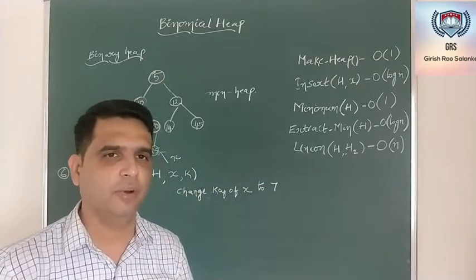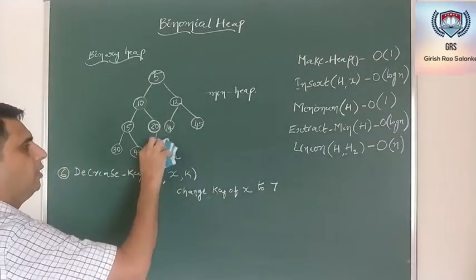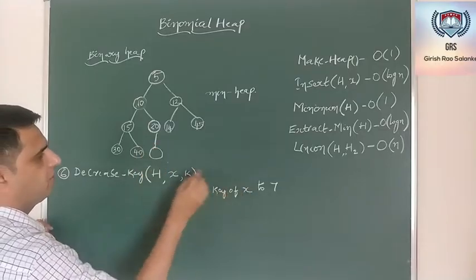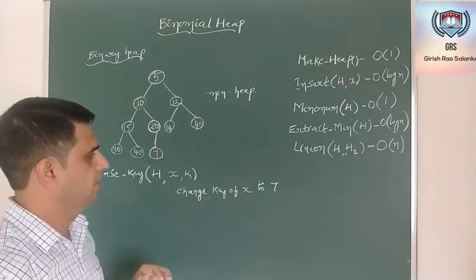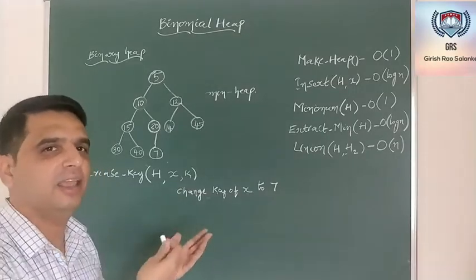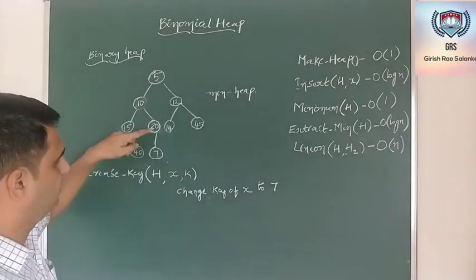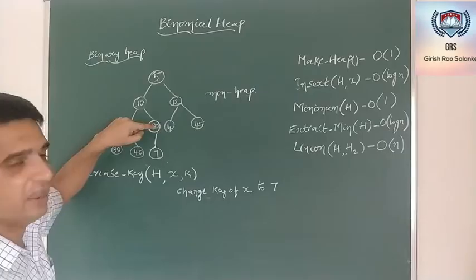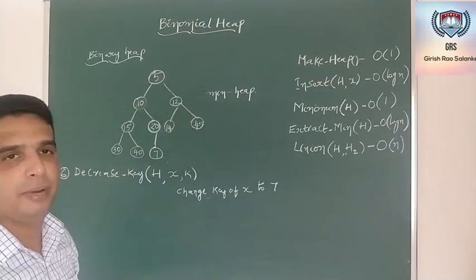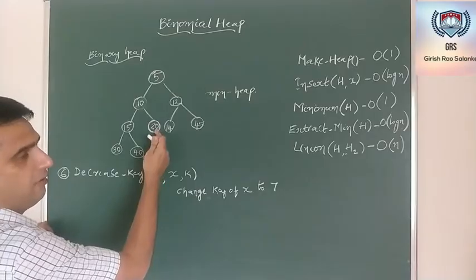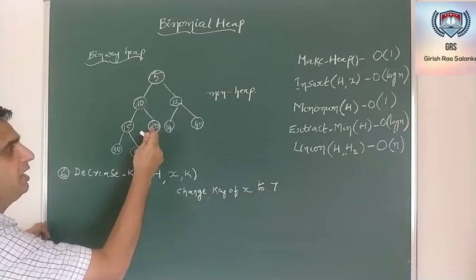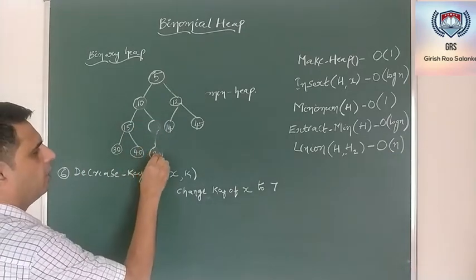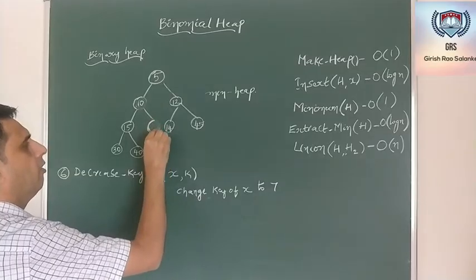Now, how much time does it require? What I will do is store 7 in node X. In the best case, it may take constant time, because if the parent was a lesser value when compared to 7, if this was say 5, then the heap property would have been maintained. But this is not 5, this is 20. 20 is greater than 7. So what I need to do is bring 20 here, and I will move 7 here.